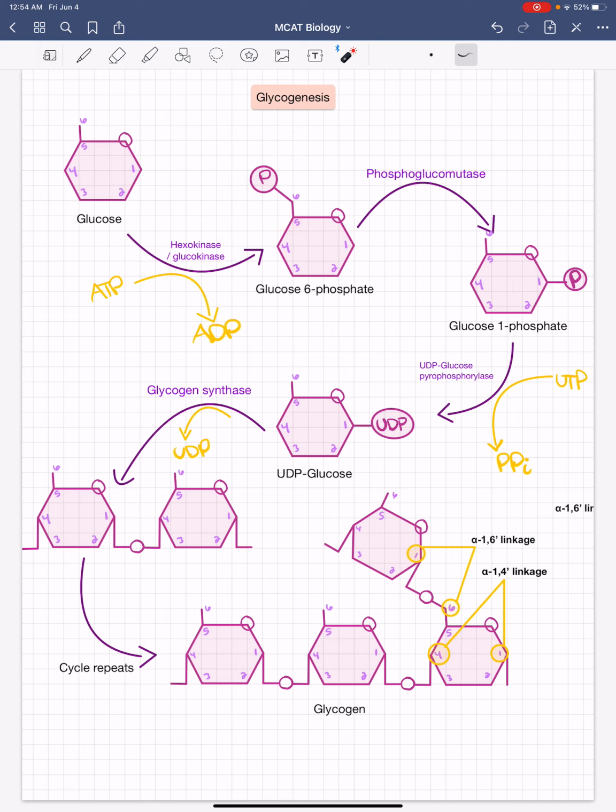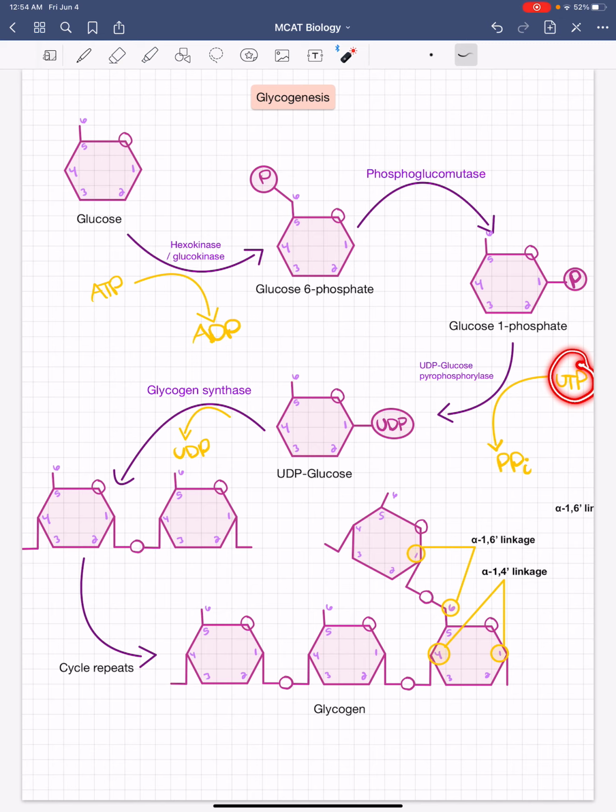The enzyme phosphoglucomutase removes the phosphate from the 6th carbon and places it onto the 1st carbon, making glucose 6-phosphate into glucose 1-phosphate. The enzyme UDP glucose pyrophosphorylase helps catalyze a reaction where UTP, which stands for uridine triphosphate, a triphosphate nucleotide,